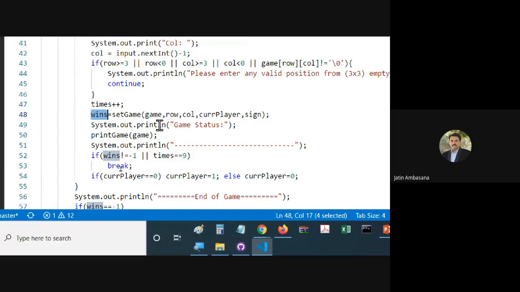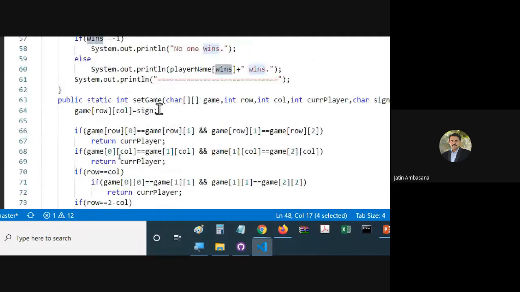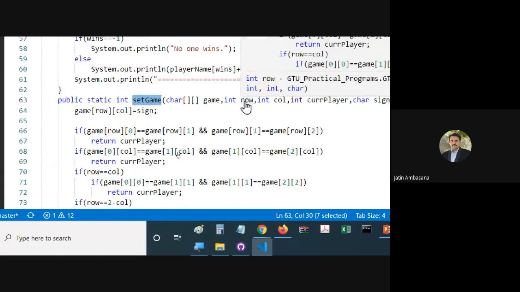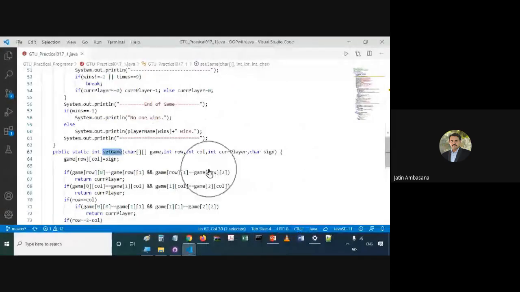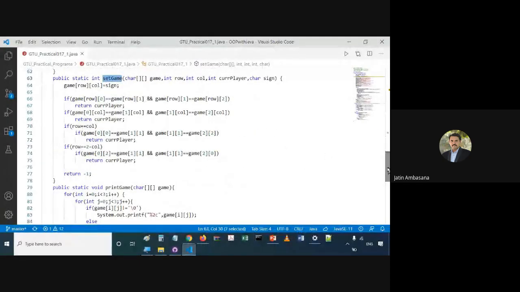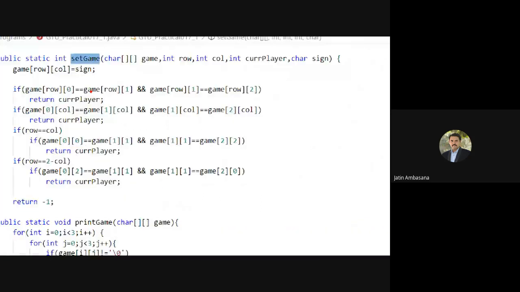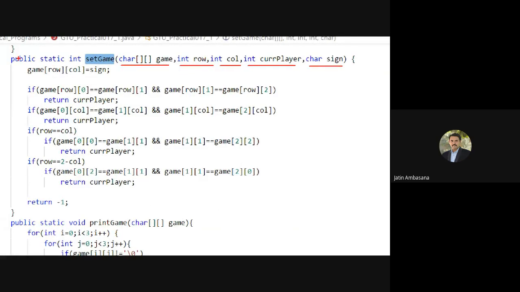So let's go to the set game. Now see what is there in set game. Set game takes this 3 by 3 matrix, row number, column number, current player number, and character sign. And then what does it do?